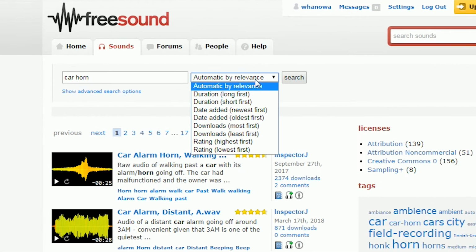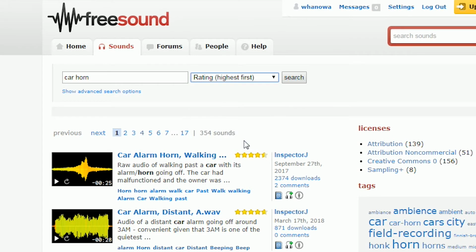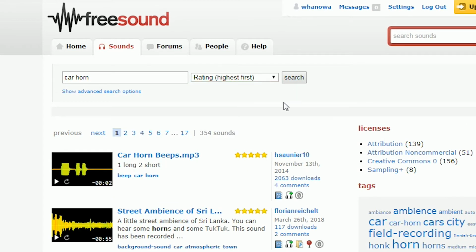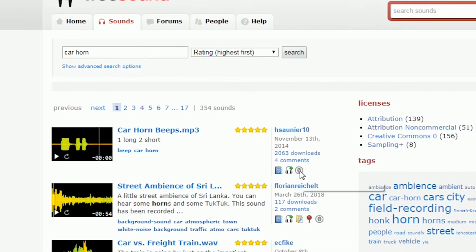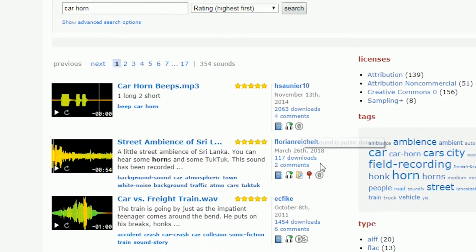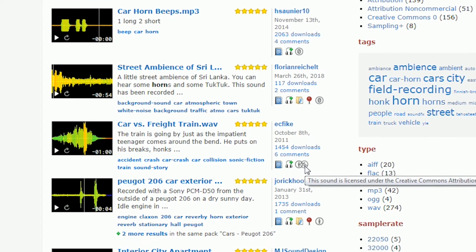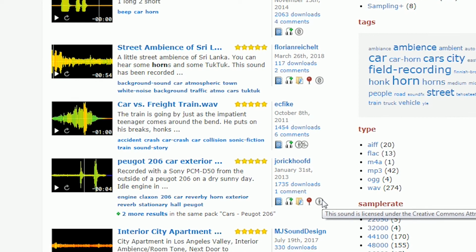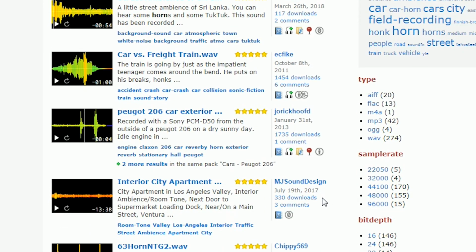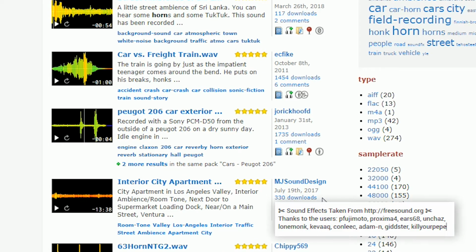After entering your search query, make sure to hit the option highest rating first there, because it will more likely give you SFX that are recorded more cleanly without disturbing noise in the background. You will find the type of license highlighted by these little icons here, and you can also search for the desired licenses to make sure you're using nothing inappropriately. There are a lot of sounds that go with CC BY attribution. All you gotta do is to credit the user in your video description like I do with my cinematics.